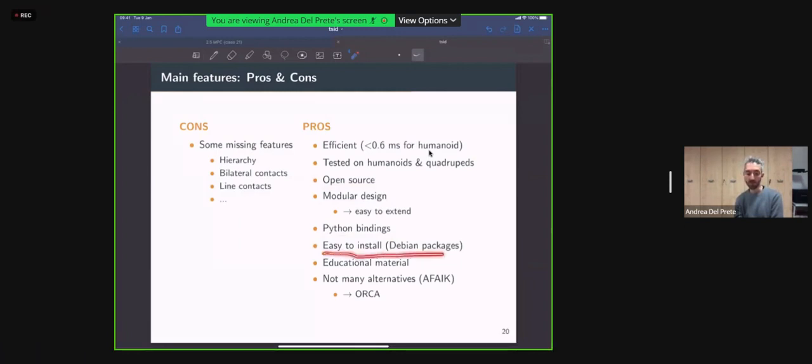It's very easy to install because it comes with Debian packages, so you can install it just doing sudo apt install name of the library. It comes also with a lot of educational material because I use it quite a lot in my classes on robotics, and I've taught classes about TSID in winter schools and summer schools, so the material is available online. And also another advantage is that there are not many alternatives available. As far as I know, the only one that I know of is this Orca framework, but it has different pros and cons with respect to TSID.